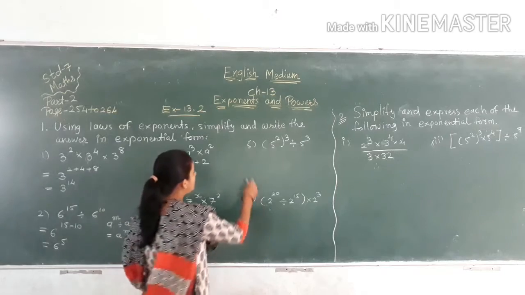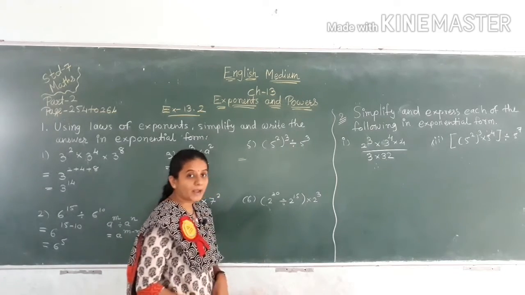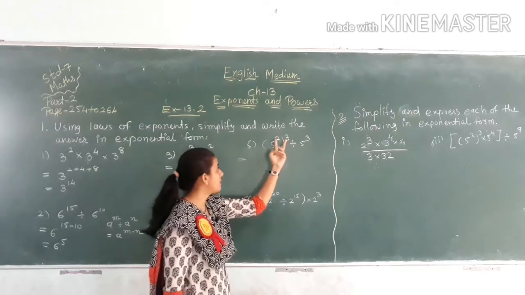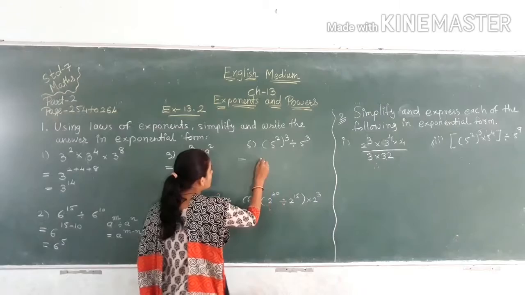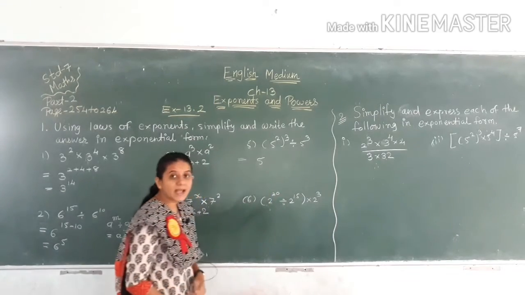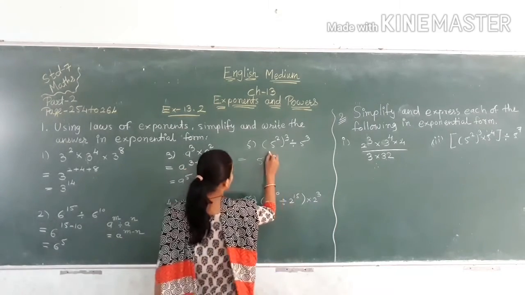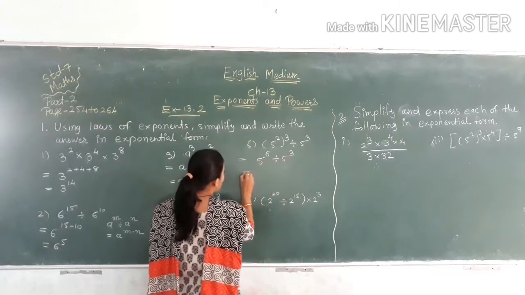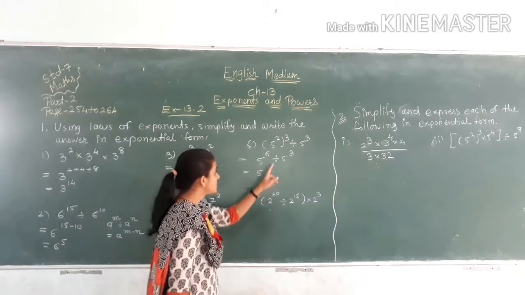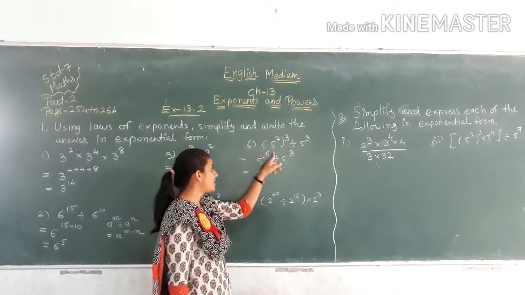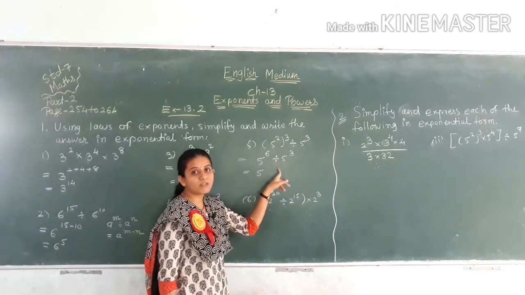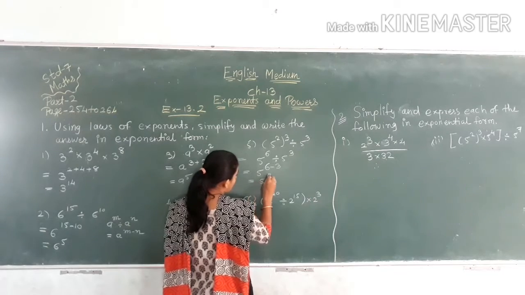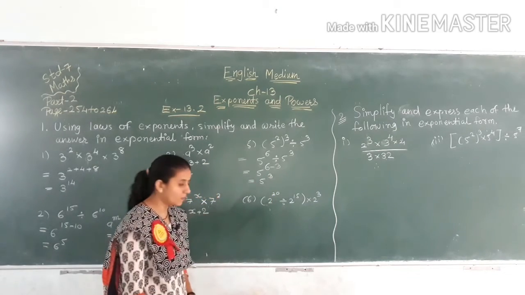Now here in the bracket, first we solve the bracket. Outside the bracket is a digit and inside the bracket is an exponent, and here the relation is multiplication. So 5 raised to 2 times 3, 2 threes are 6. 5 raised to power 6 divided by 5 raised to 3. Here division means subtract: 6 minus 3. So 5 raised to power 3, 5 cubed.